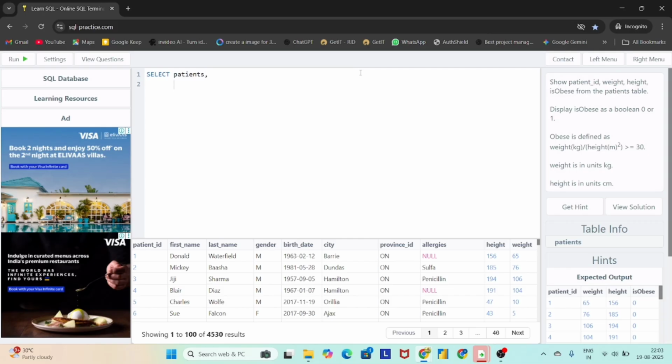Patient, then after that weight, then height, then we want to create a new column. This is not available in the given table, so we want to create it. Then we can use the CASE